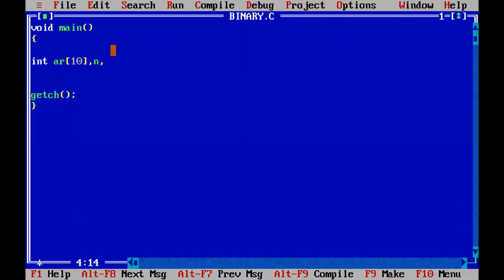And after entering the n elements, we are going to read the n elements by using the for loop, with loop variable i. And after entering the elements into the AR array, we have to know the key value. Then only we are going to search that key value against this list of elements stored in the AR array.